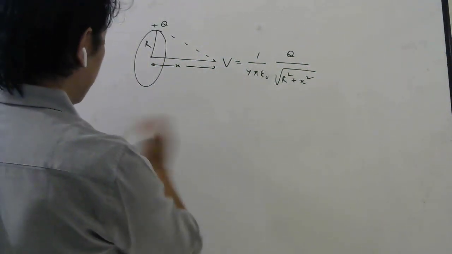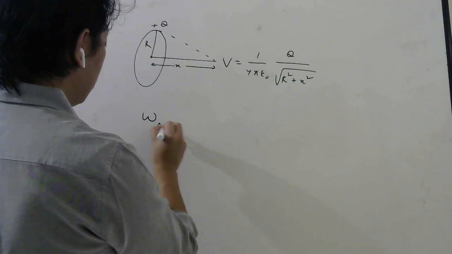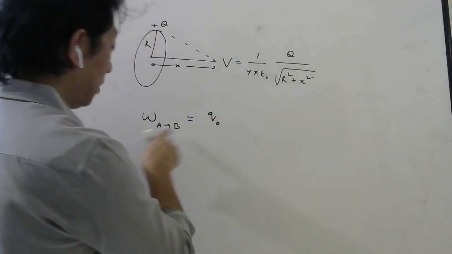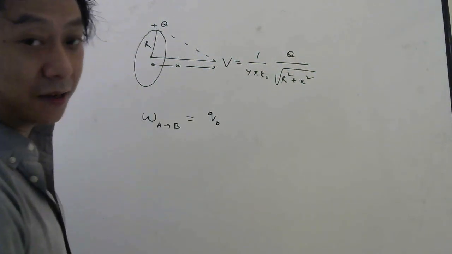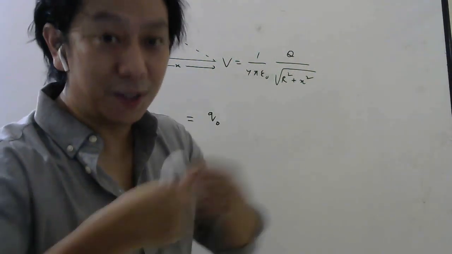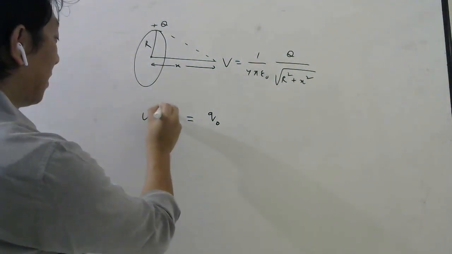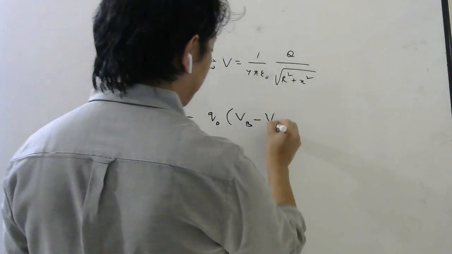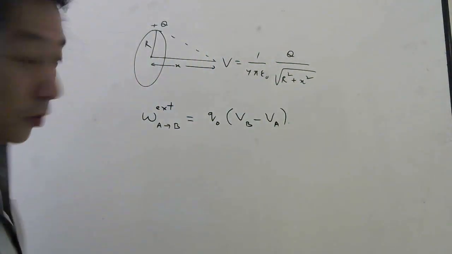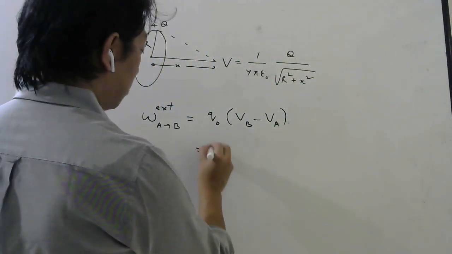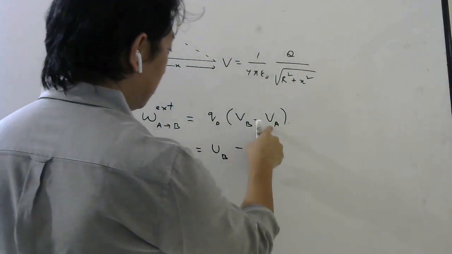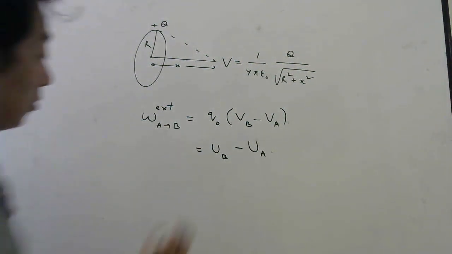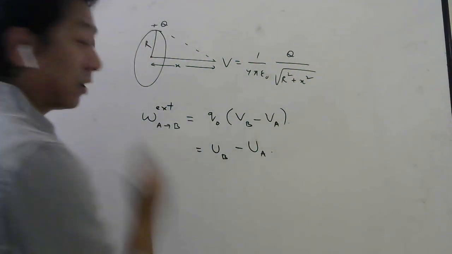Then I told you, very important, work done from A to B to move any charge q naught from A to B, against the electric field. Against the electric field means what? Somebody is doing it, no? So this is always work done by external agency. That is q naught VB minus VA. If you think carefully, this q naught into VB is the potential energy at B, this q naught into VA is potential energy at A of this charge. So if you subtract the potential energy, then also you can calculate the work done.